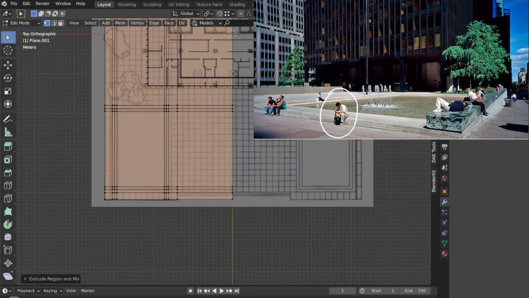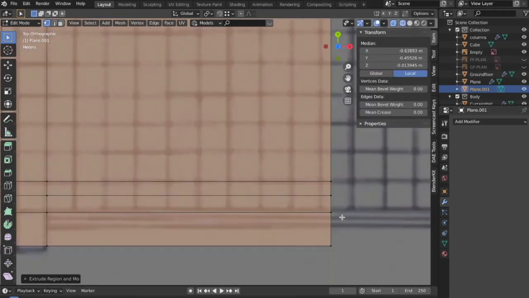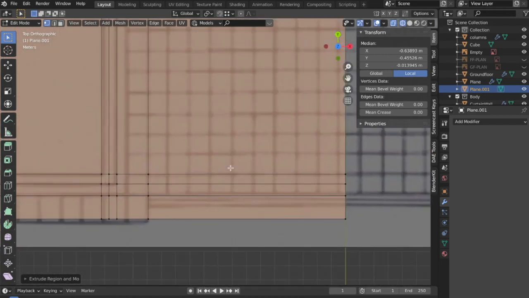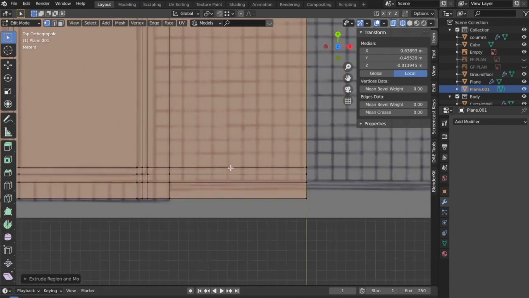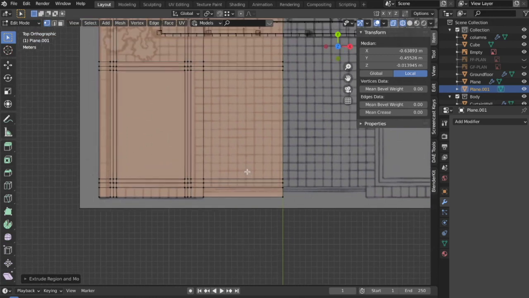Now if you see this image over here, you can see that there is a person sitting over here, which means that the height wouldn't be more than 0.5 or 0.6 meters at max, but because the person is sitting so comfortably, we can assume it to be 0.45 meters. And this can be confirmed by the fact that over here in this image you can see there are three steps leading to it, and considering that each step would be a height of 0.15 meter, when we multiply it, the height will amount to 0.45 meters, and that is what we require, and that is how I selected it.